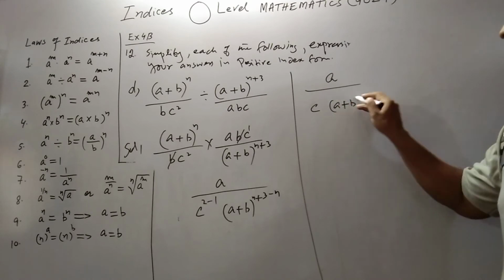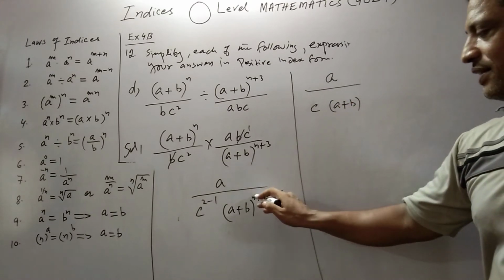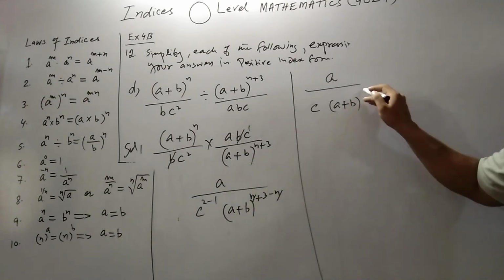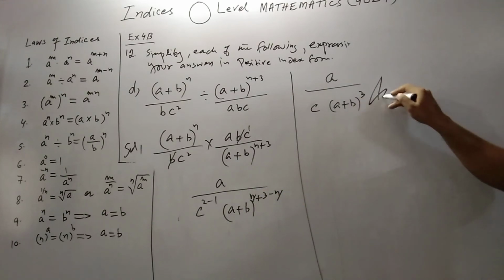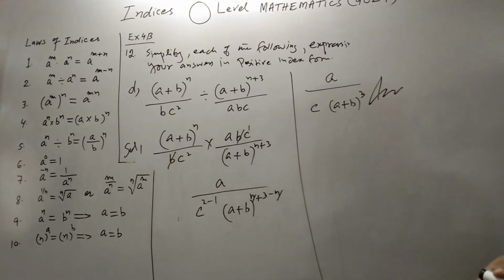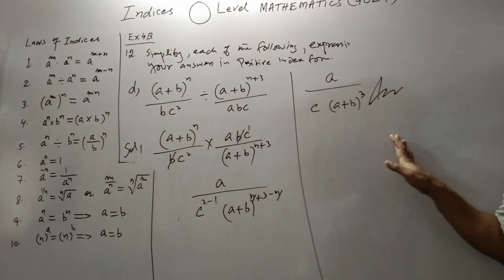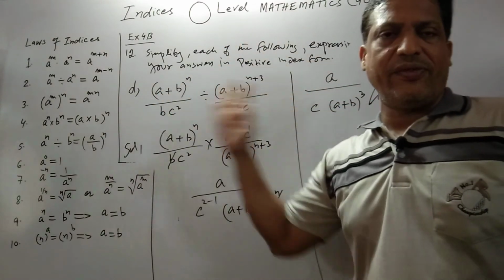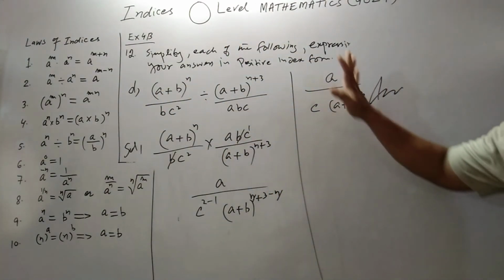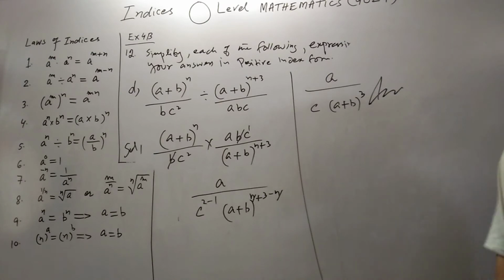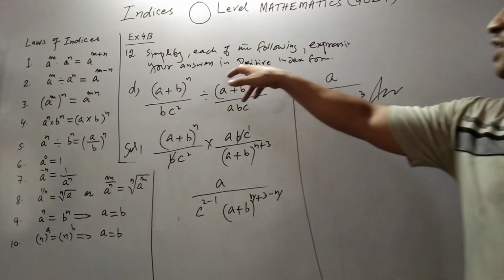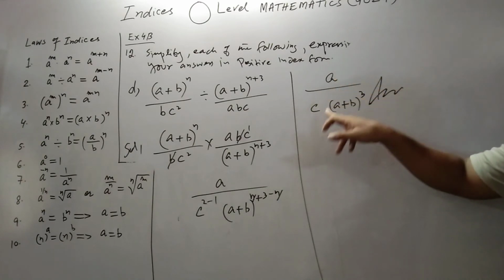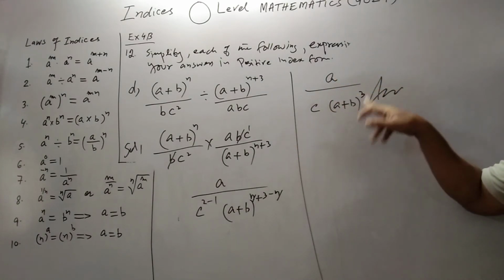a plus b to the power, this n cancels by this n. What is remaining? 3. And this is our last answer because the requirement has been fulfilled. As small as possible means simplify. We have simplified this given expression, and the second requirement is to give the answer in positive index form. So a to the power positive 1, c to the power positive 1, a plus b to the power